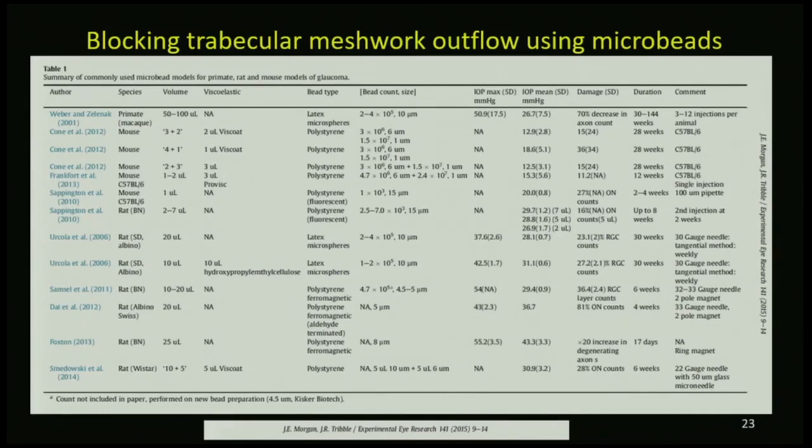One note about the importance of IOP max and mean IOP. I think both of these are really important, and I think both of these should be reported in models. You can imagine that you can have two similar models that have the same mean IOP, but if one has a really quick high max IOP and then levels out versus another one that just has a slow, steady increase in IOP, you get the same mean IOP, but that may not be the same exact disease process, particularly if you're having a really high max there. So I think both of these are important to report in any model.